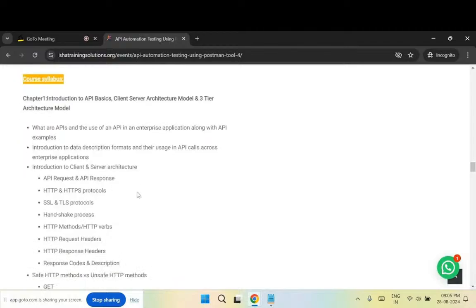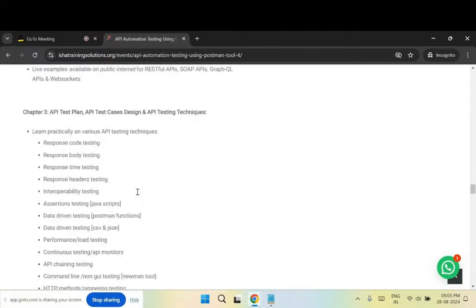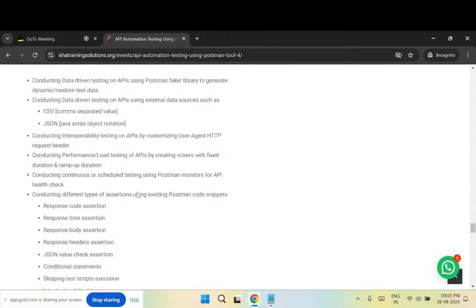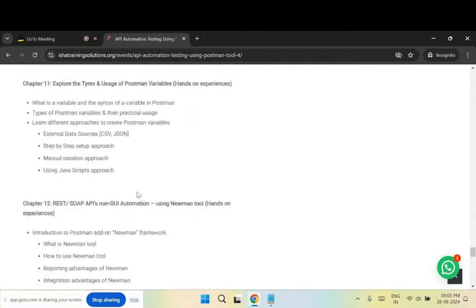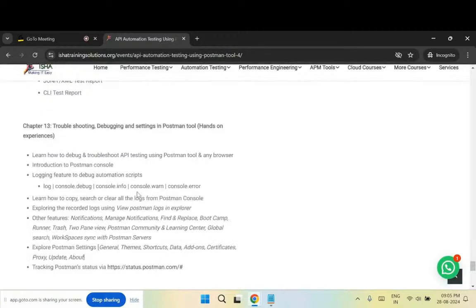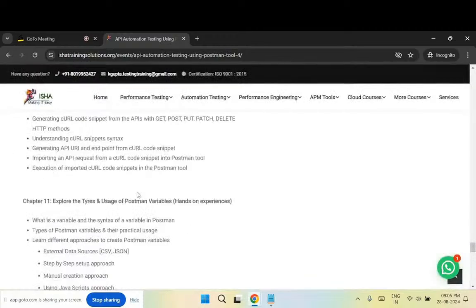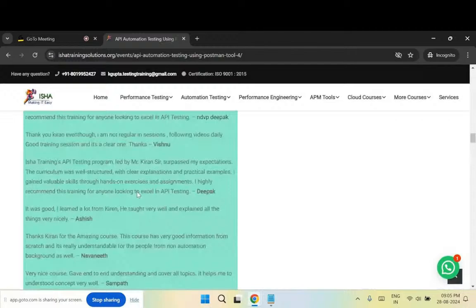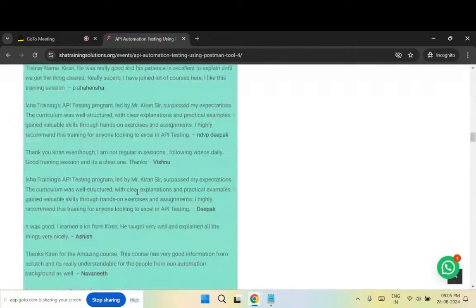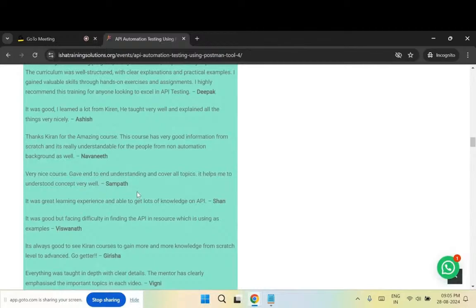So I have divided this entire course into multiple chapters. As you can see, I'm quickly scrolling down to show you how many chapters we have. We have 13 chapters, and the duration of this course will be nearly 25 to 27 hours, which means almost 1 month will be the duration of this course, plus a few more days. We are doing this course in the evenings, Indian timings, 9 p.m. to 10 p.m. That's the standard time we have finalized for this particular course.